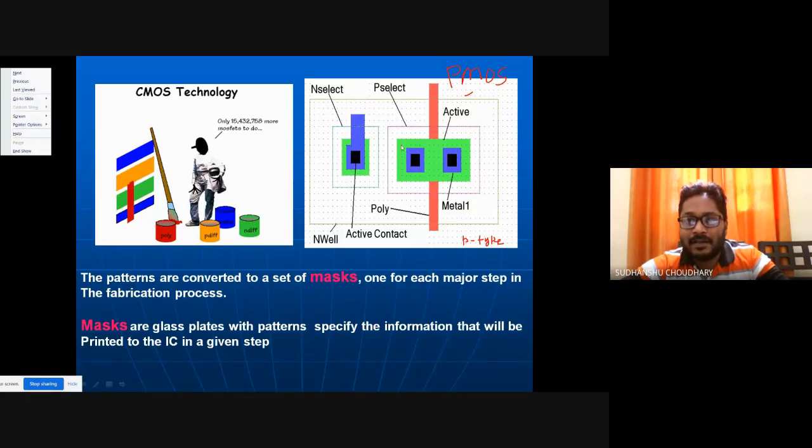In this P-type region, I'll create my drain and source. For that, I use this green rectangular box. This is called active material, active. Once you deposit this active, this region becomes P plus, and this also becomes P plus.